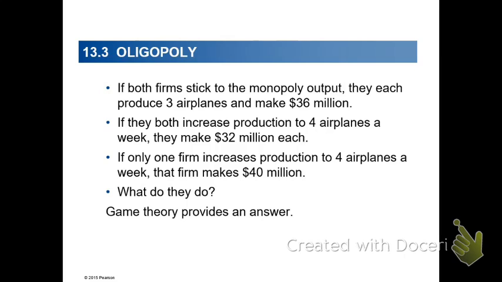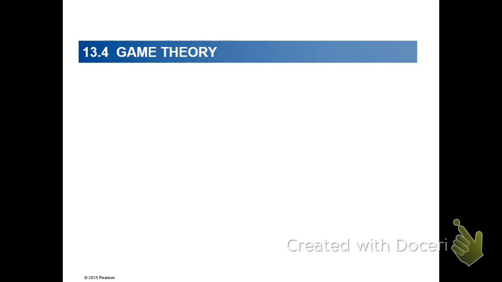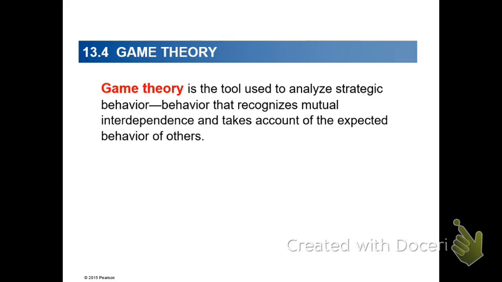Game theory is a branch of economics that tries to understand the interaction or interdependence between market decisions and market outcomes from a strategic perspective, from a game perspective. So in game theory, we imagine that our firms are engaging in a game. In this game, it's a game of cheating and colluding, and we want to see how that turns out in the context of a game theoretical setup. Game theory is a tool used to analyze strategic behavior.